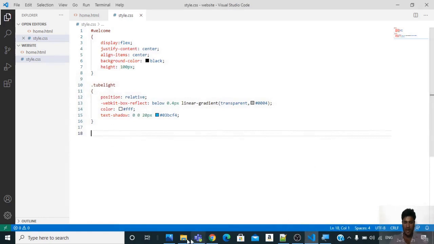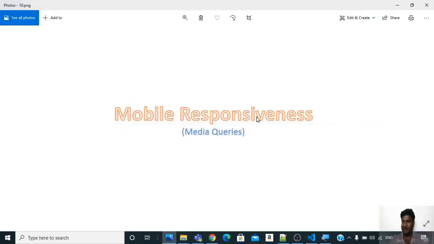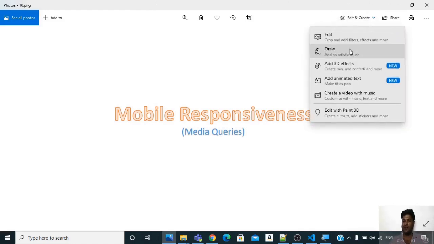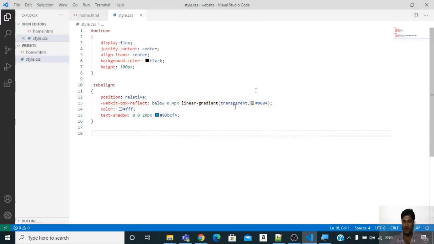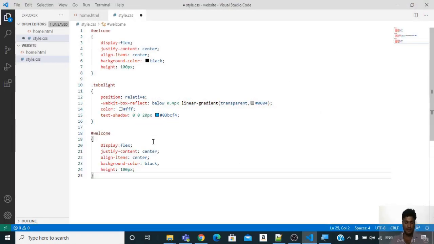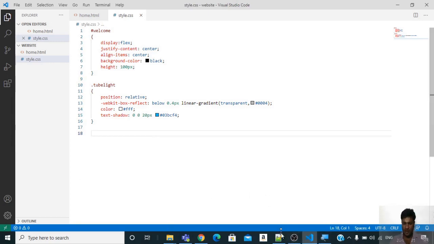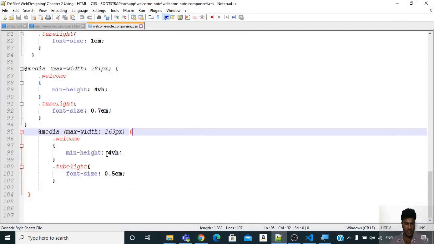Now the next thing I want to discuss is mobile responsiveness. We need to make sure that the text becomes smaller when the size goes less than 280. So how will we do it? Using media queries. There is something called media queries in HTML CSS web designing, and we will do it using that. So what are media queries? If I quickly go to this sheet and copy this thing,